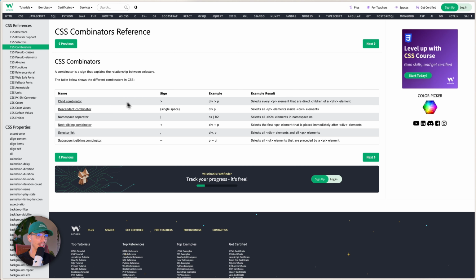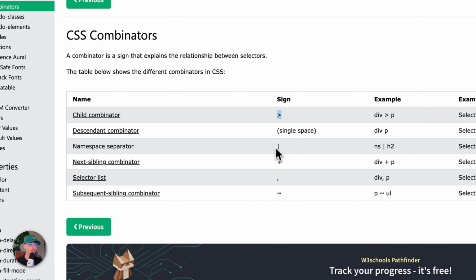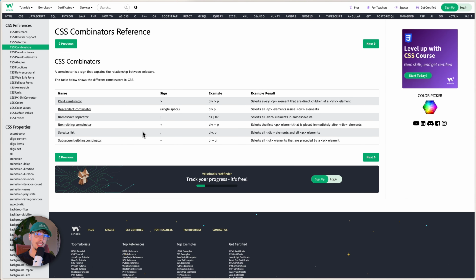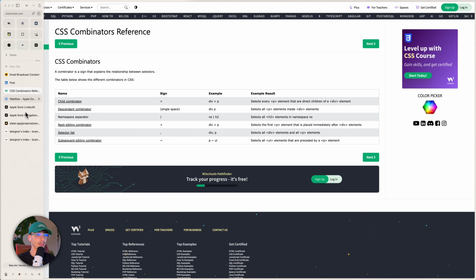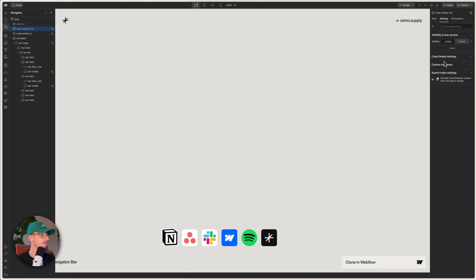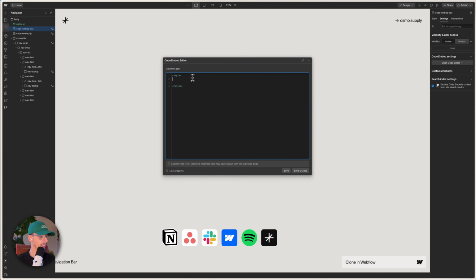So we've got child combinators, and the one that we'll be using in this one is the next sibling combinator. It's a plus sign, allowing us to select the next sibling using CSS, because CSS natively cannot easily select the previous sibling. So the previous element in the list, it can only look at the next one, or it can go down in the DOM order, but it cannot look backwards or upwards. So that's what we'll be using. With this knowledge in mind, let's open up our CSS embed, this one over here,